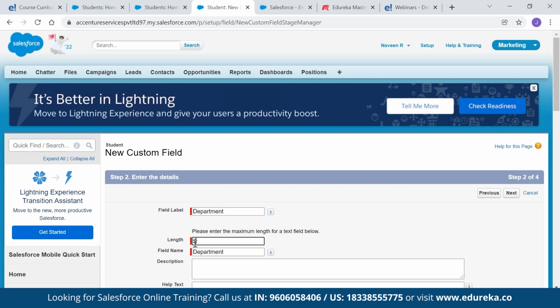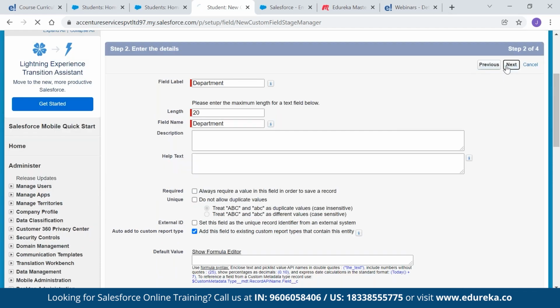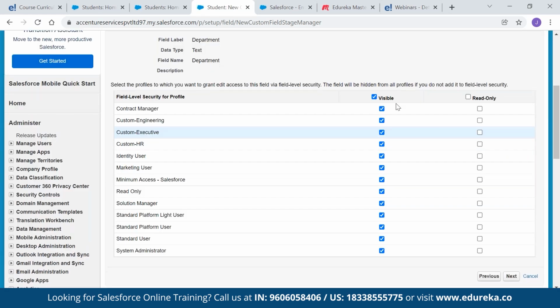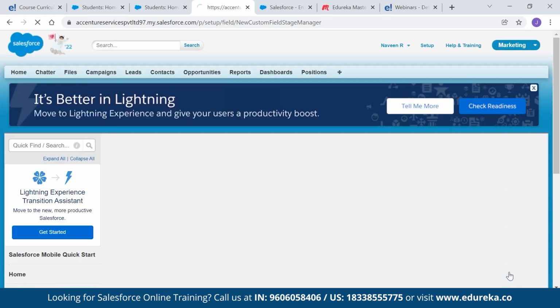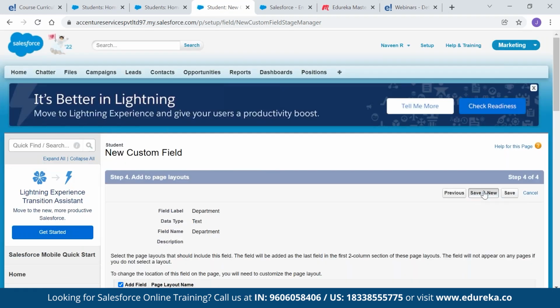Let us provide the size as 20 characters and click on next. I'll make it visible for these three profiles: custom executive, HR, and system administrator. Click on next and I'll click on save and new.